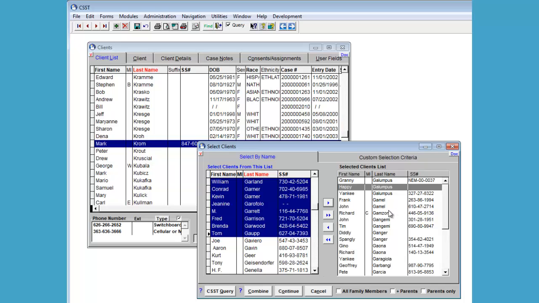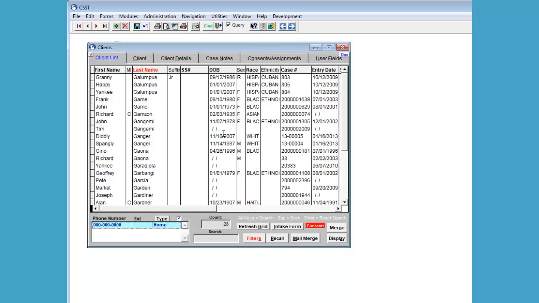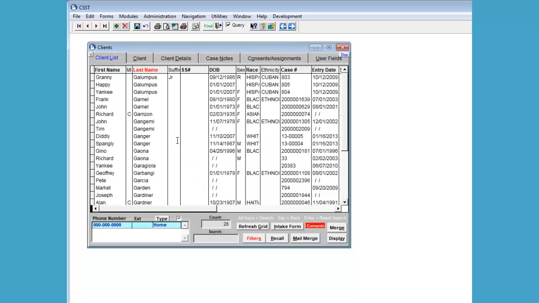And when you get everybody that you want on the right hand side of the list, you simply click the continue button and it will apply that filter in the list, and we see that we have a count of 28 that I just picked arbitrarily there. So at this point then you could use the mail merge button here to go send off a form letter to those 28 people. Note that the filters button then turns red, which indicates that a filter is in effect,